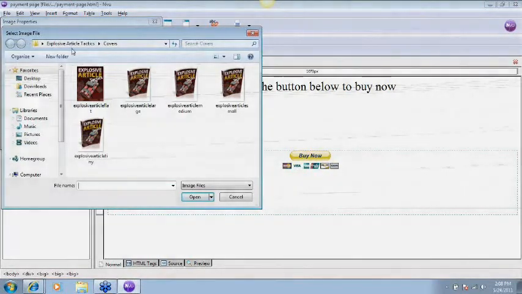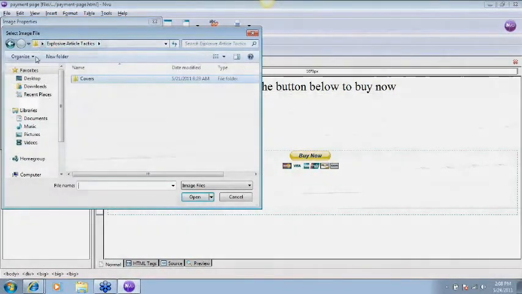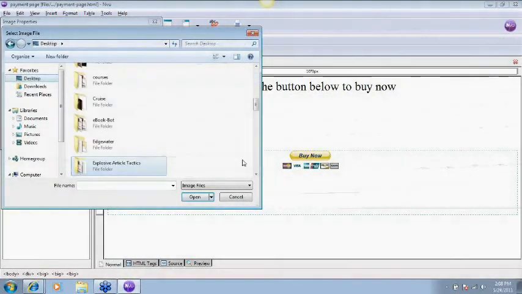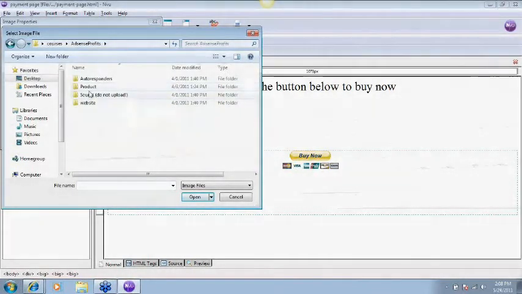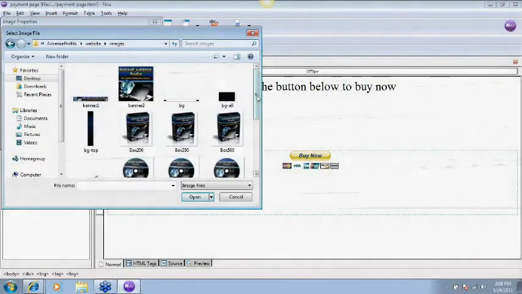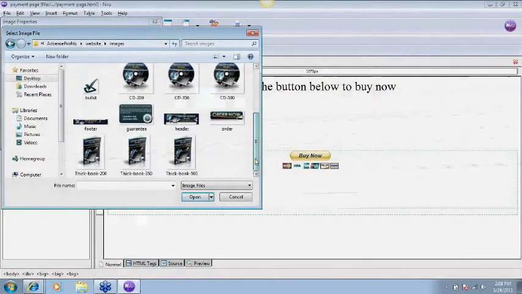And let me go to my desktop and courses. And let's just find me a graphic. Here we go, image. I've got all these images here, and one of them says order now, so I'm just going to insert that